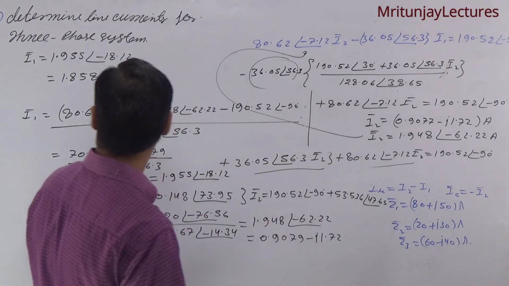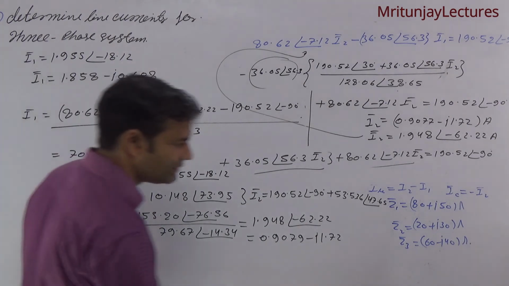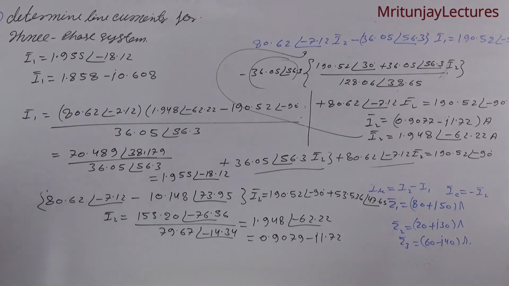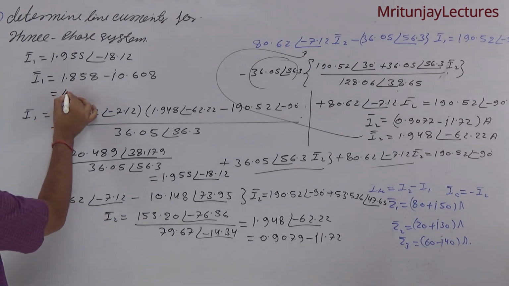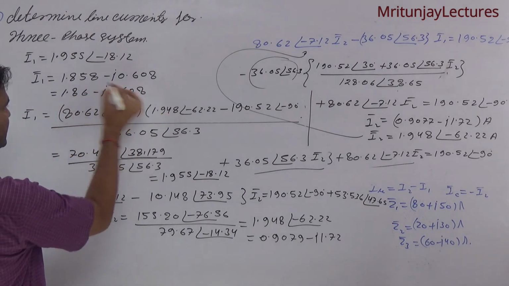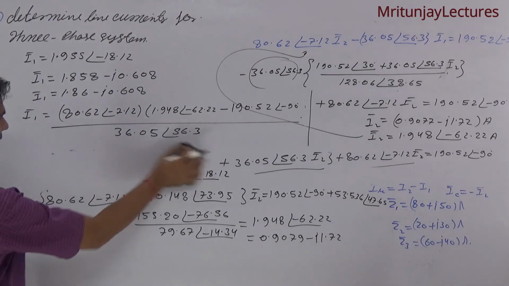Okay, this one is also correct. I1 is closer to 1.86 minus j 0.608, or you can say corresponding to here. Okay, now after that